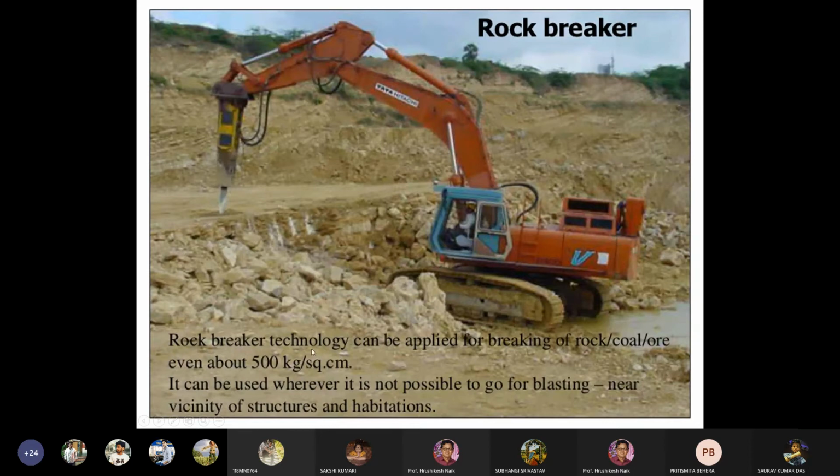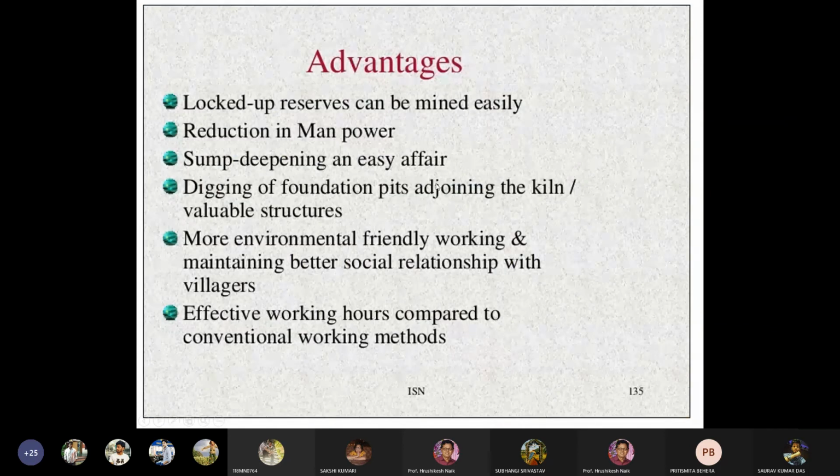So rock breaker technology can be applied for breaking rock or coal even above 500 kilograms per square centimeter. It can be used wherever it is not possible to go for blasting near the vicinity of structures and habitations.